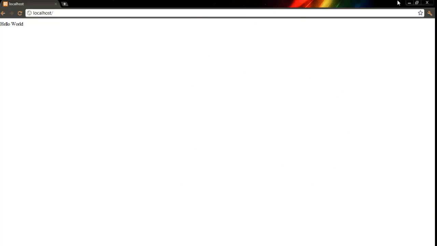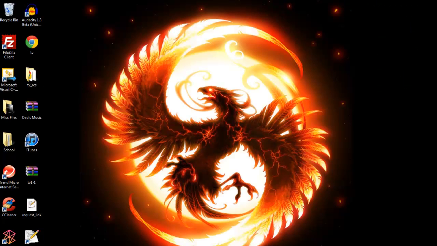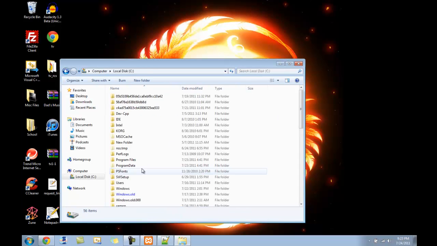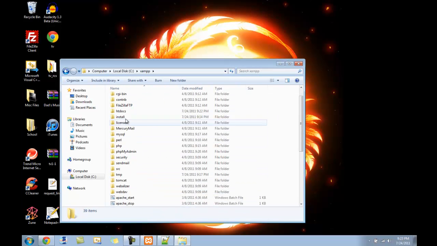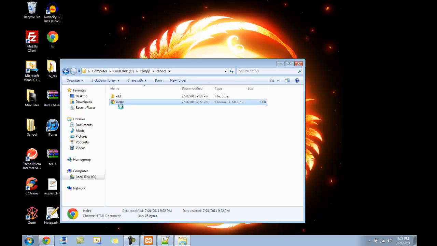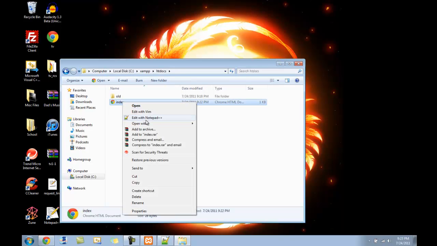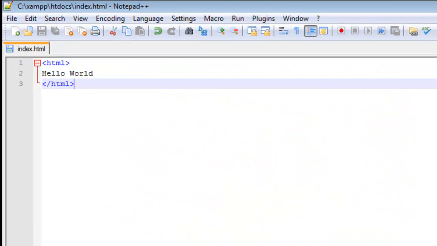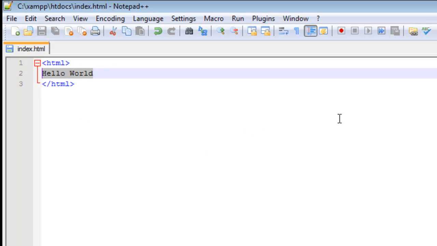It's actually loading the index page. I'm not just messing with you. Because if we were to, I should probably have kept this up, this is the third time accessing it. If we were to go and try to edit this page, by the way, the best way is to right click and click edit with Notepad++, because Notepad++ is like a better version of Notepad, and yes, you can edit HTML in Notepad too. Now, if we were to change the text from hello world to